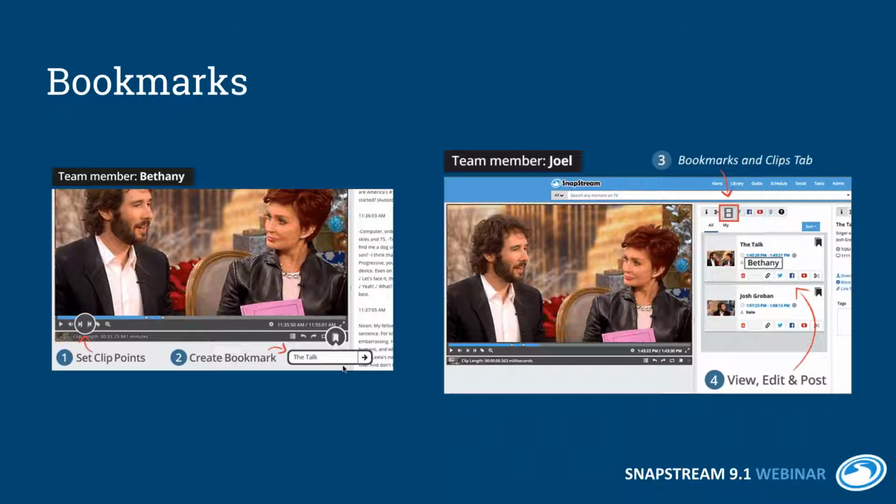And there's no clip created yet, but we added this new tab that shows all of the bookmarks for this specific recording or clip that Bethany is watching. Well, if your second team member, in this case Joel, is watching that same recording, he will then see Bethany's bookmarks show up and allow him to change the in and out point, change the title,